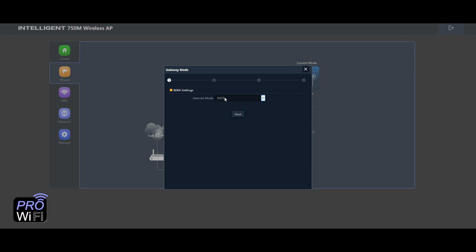So DHCP means it's automatically allocated. You can have static IP as well, so if you particularly want to use perhaps a certain IP on your network, you would select static and you would type in what you want it to be. Interestingly enough, even if your router is DHCP, if you select static in this mode and put in an IP where it says IP address,